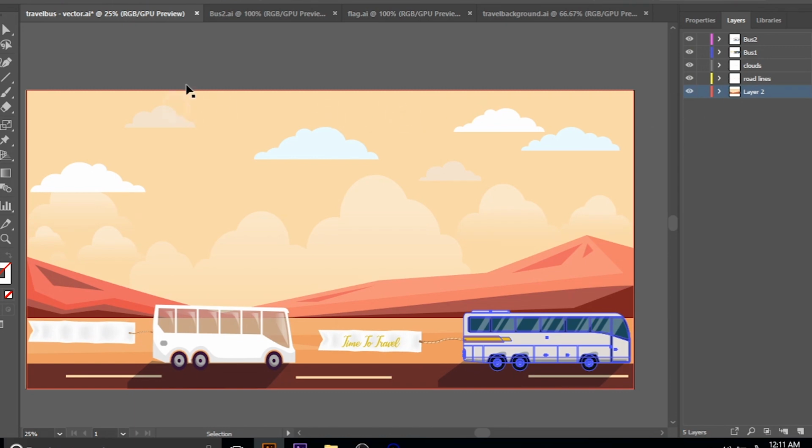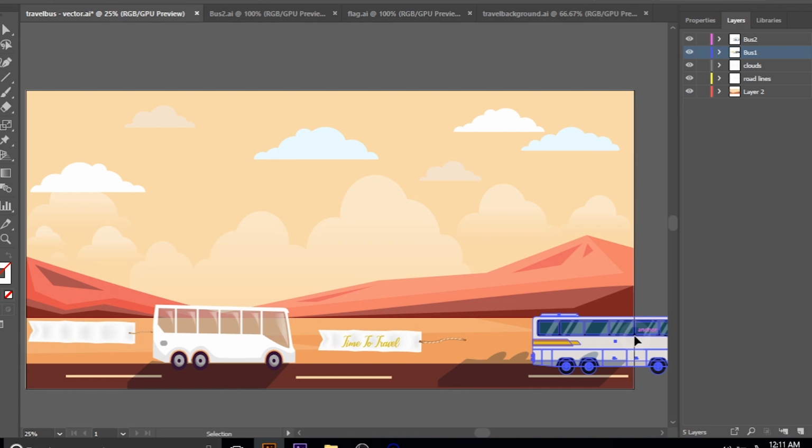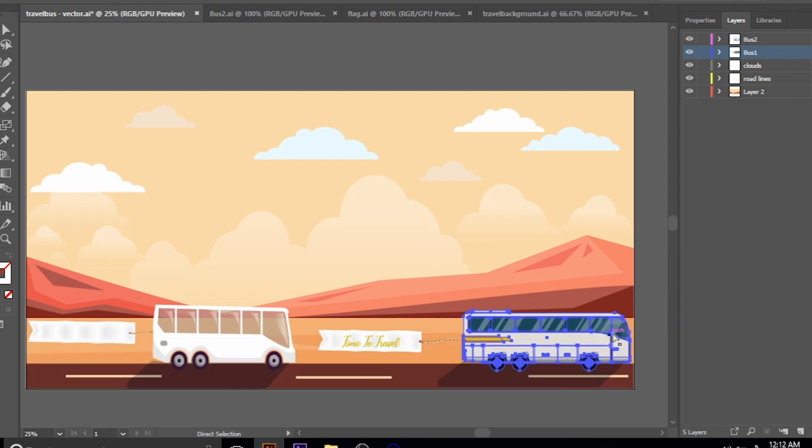Also, you have to make sure that all these layers should appear in this particular rectangle, because if we put a single layer like this and go import it in the After Effects, so the last part of the bus will only appear there and the rest will be blank. So you need to make sure that all your layers should be in this final rectangle.